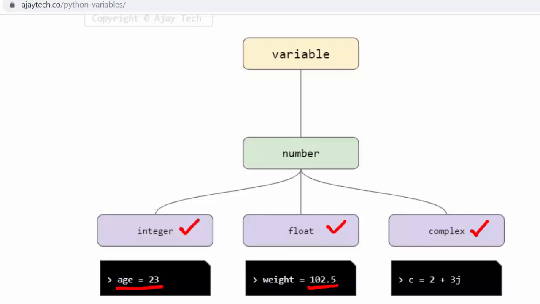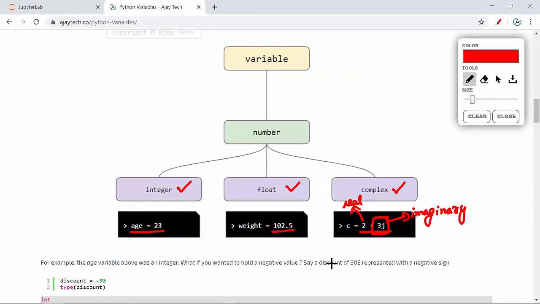We don't most of the time use complex numbers, so this is very rarely used. Probably if you go back to your math classes, you can understand what complex numbers are. So an example is 2 plus 3j. This part is called the imaginary part, and this part is called the real part. But unless there is a specific use case, mostly scientific in nature, complex numbers are rarely used. So we are not going to discuss too much about complex numbers, but we'll focus mostly on integers and